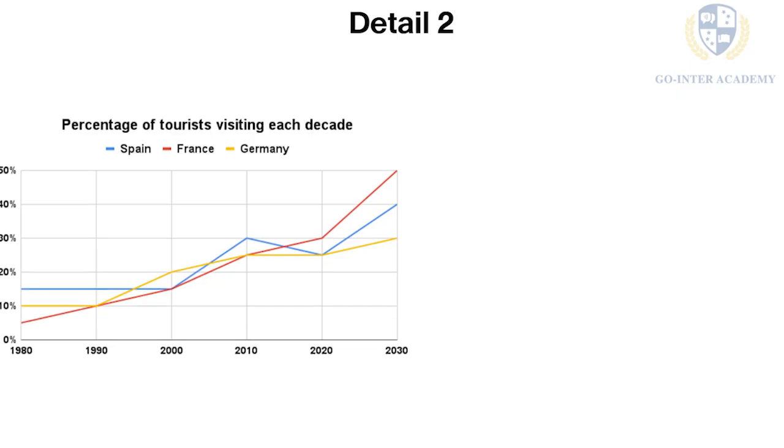Now we're moving on to the second paragraph of the detail. In the final paragraph, we're going to describe what is expected to happen next, from 2020 to 2030. Because this part is based on predictions, we need to shift into future-focused language. And this is how we're going to write that.